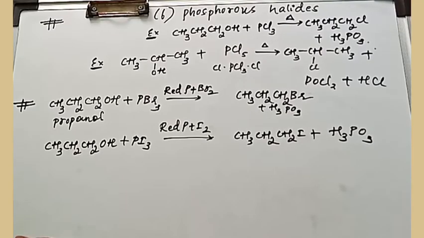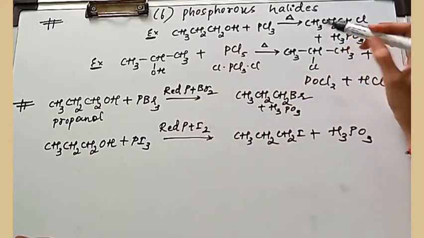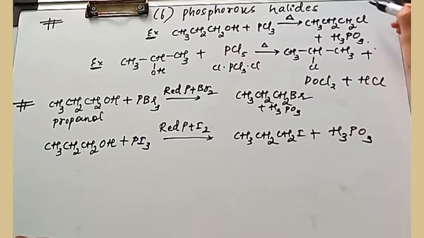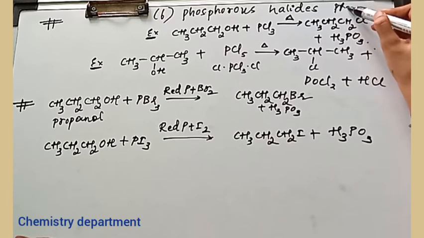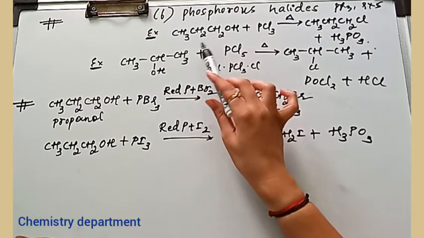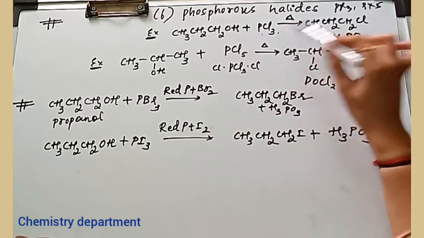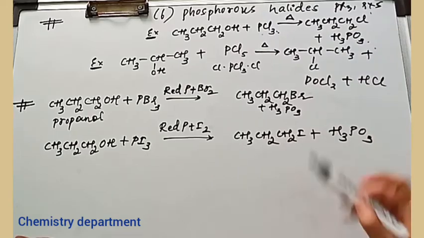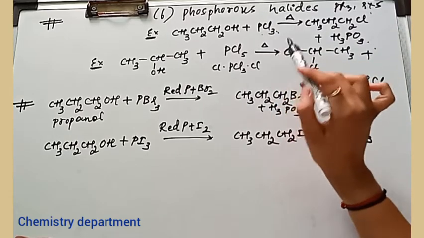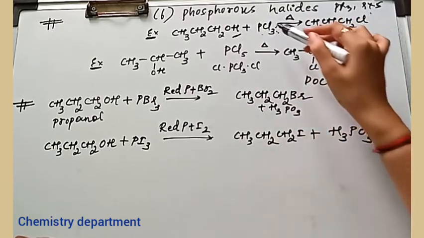The next thing that you are going to study is the use of phosphorus halides. The same alcohol you can use, which reacts with the phosphorus halides represented by the form PX3 or PX5. Let us see this one. I have written the alcohol here, propanol. Whenever propanol reacts with phosphorus trichloride, the X that I am taking here is chloride. When it is heated, it is simple: you replace the OH with the halogen atom present here, which is Cl.